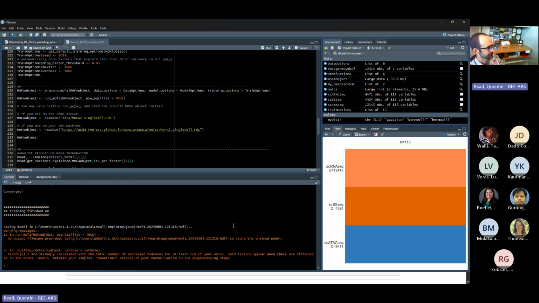There we go. So after it gets initialized, it only takes a minute or so to run. And yes, we get a warning message that it saved everything to a temporary file, which is fine. And the other warning message is that factor 1 is strongly correlated with the total number of expressed features for at least one of your omics. Such factors appear when there are differences in the total levels between your samples, sometimes because of poor normalization in the pre-processing steps. So we didn't